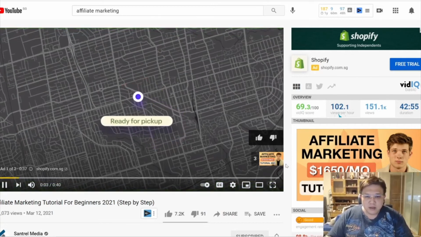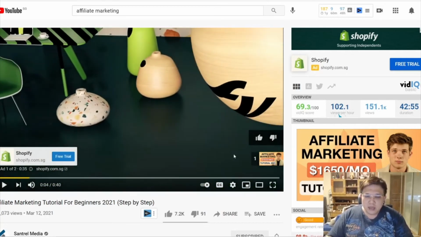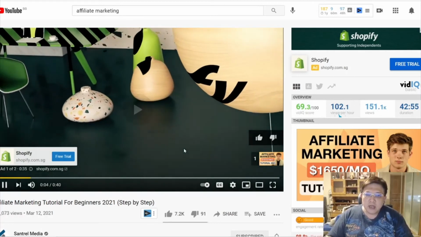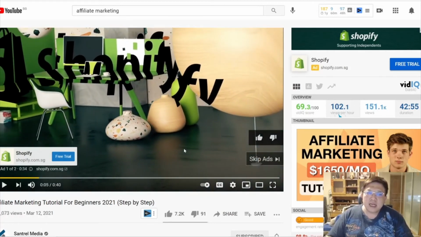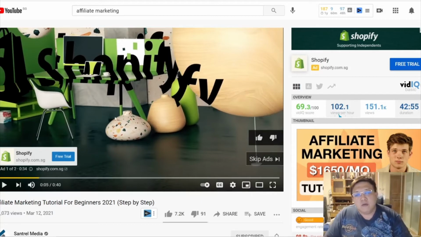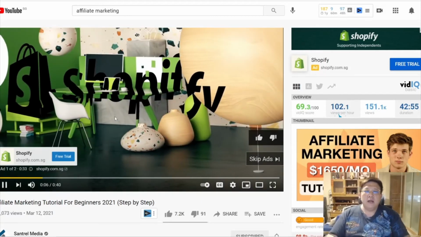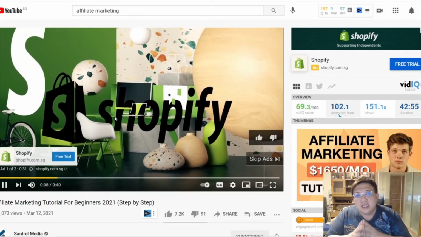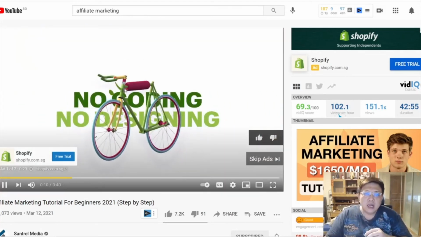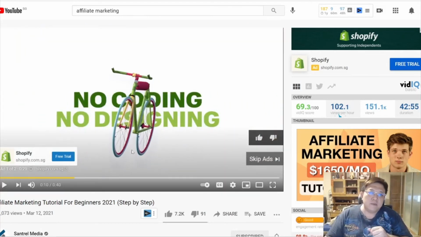Okay, you can see the timer is actually running down, right? So once 5 seconds is up, you have this thing called a skip ad. All right. So let's say, assuming I were to run this ad all the way until the 30 seconds, and I'm still watching, then Shopify will be charged. All right. If at any point in time, like now, at the 10 seconds mark,